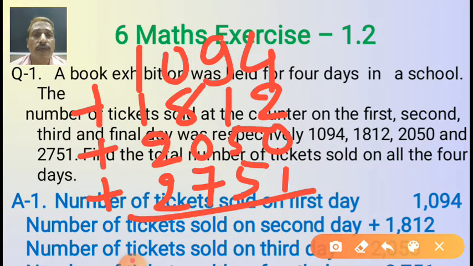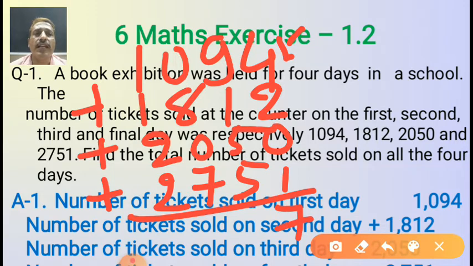Now from where do we have to start addition? Yes, student, this is the 1's place, 10's place, 100's place and 1000's place. So don't start from the 1000's place. Start from the 1's place. That means this one. So 4 plus 2, yes, 6. 6 plus 0, 6. 6 plus 1, 7. So look here students, 7.